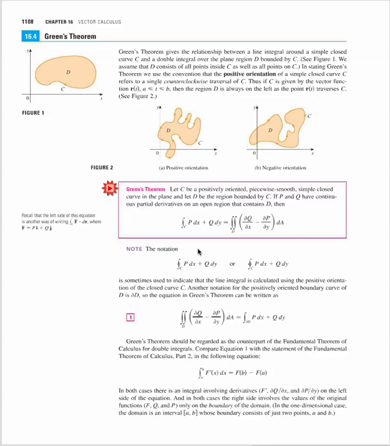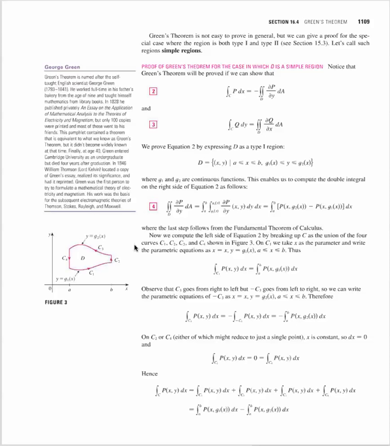The important thing here is that this links a line integral, which is kind of tough to deal with, to a double integral, which is not so hard to deal with. Or if you have a double integral with a really tough region, but maybe the curve isn't so bad for the line integral, then it makes it easier this way as well. Moving onward,